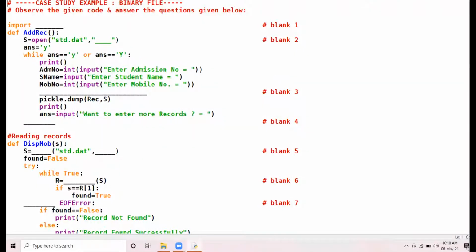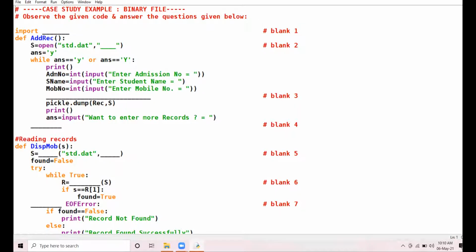All right, 12th class. Today we are going to discuss one case study based on the concept of binary file. A case study is somewhat similar to a comprehension. Few blanks will be given in the coding, few statements will be turned into missing sentences, and you have to read the question given. Accordingly, you have to fill up the statement with the appropriate function or appropriate command used in the programming, right?